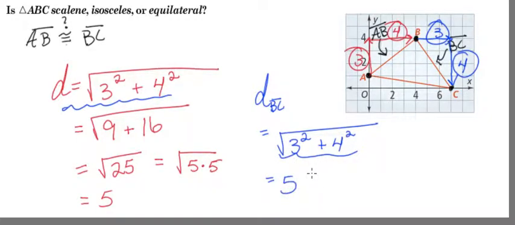And so going back to our hypothesis that AB was congruent to BC, this is true, right? We proved this true because the distance formula said, yeah, the distance from A to B is 5, as is the distance from B to C. They're both 5. And this is the definition of an isosceles triangle. A triangle